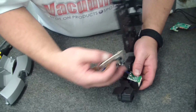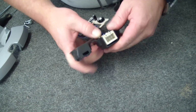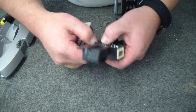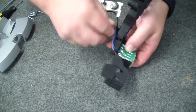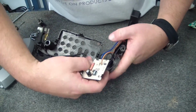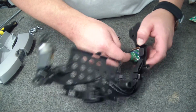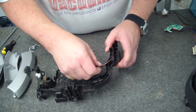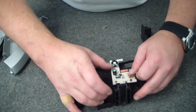Now, terminal block. Now, this is critical that it actually sits in perfectly. So it has to. Okay. And the little soldered points are quite spiky. So, be a little bit careful. Okay, so now, got to get this back and around. Okay, so